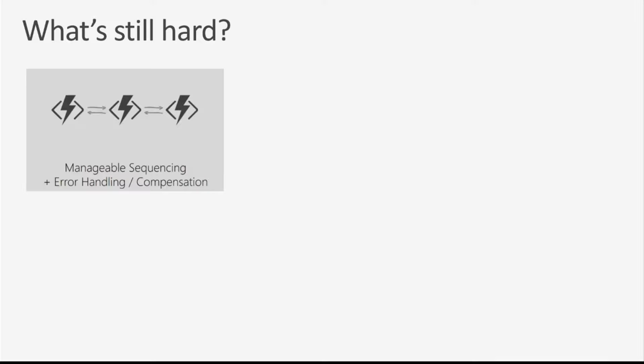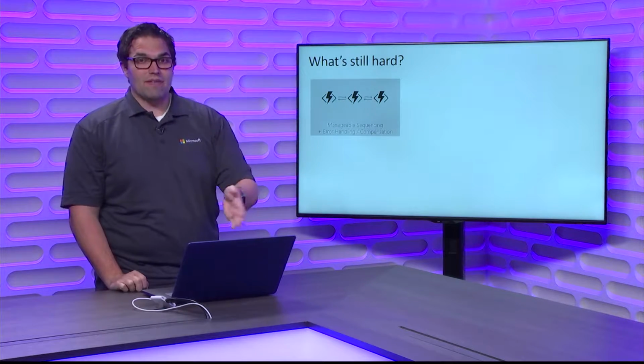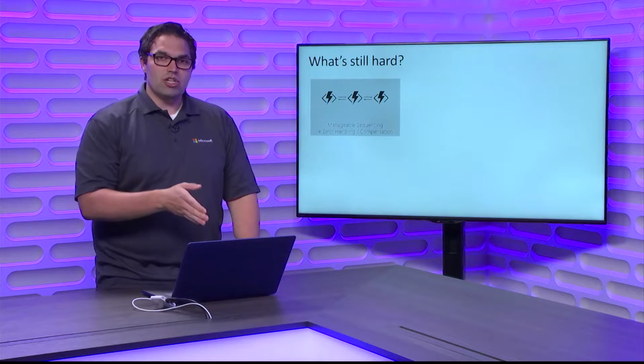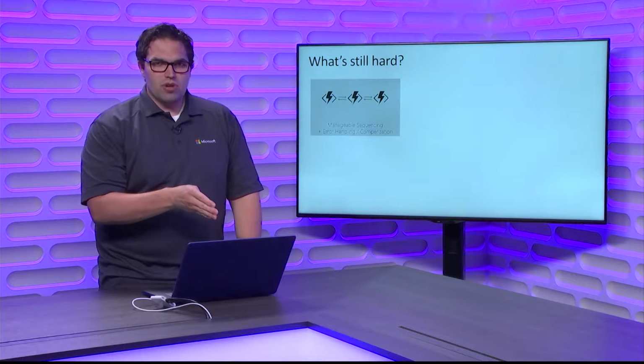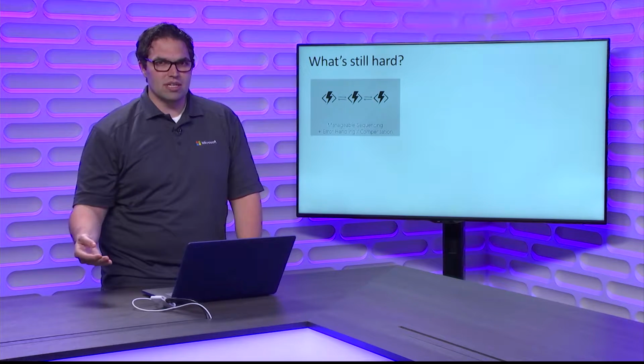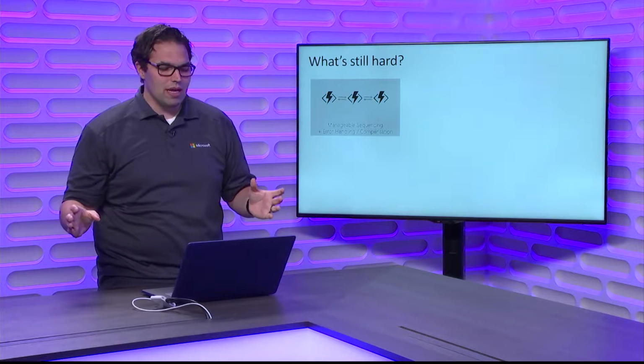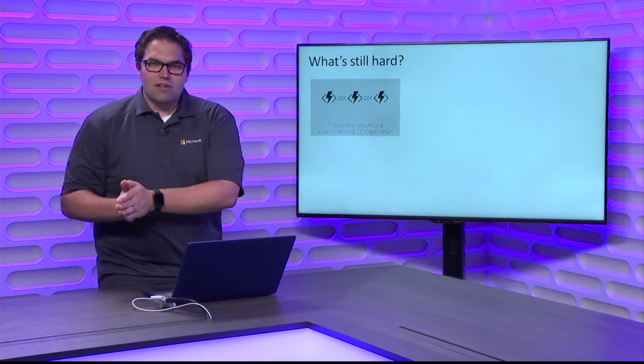So I have some sequencing that needs to happen, right? This is the store example that I've been alluding to. My first function might be charging the customer's credit card. The second function might be sending them an email letting them know that the charge was successful. The third function might be creating a shipping notification, whatever it might be. Well, now I need to chain all of those together.